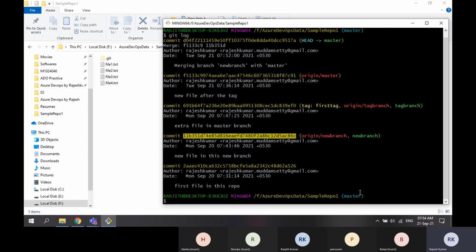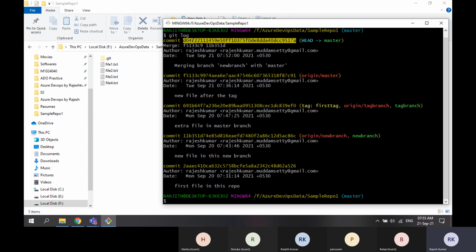You remember in master we had only 3 commits: 1, 2, and 3. Now the extra commit from new branch was added, and even the merge operation you did was considered as an extra commit.